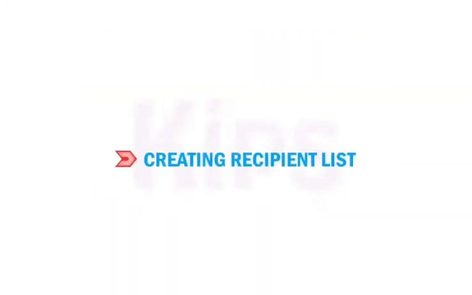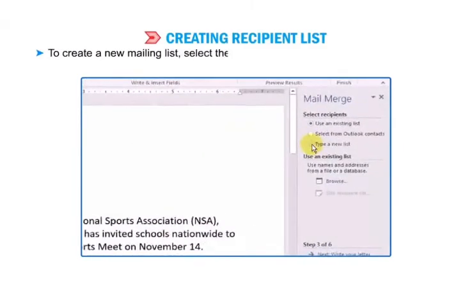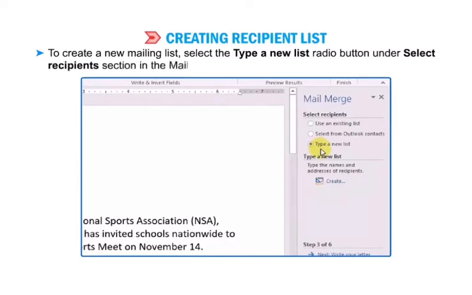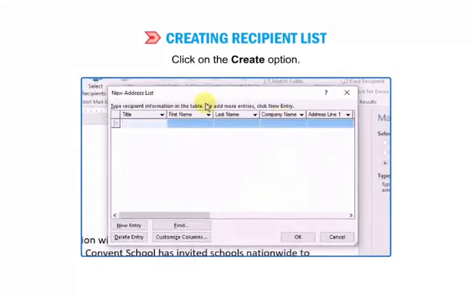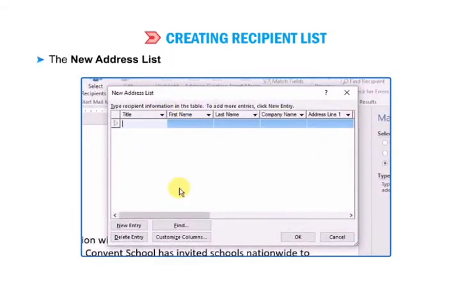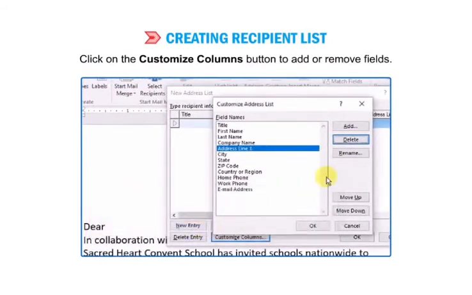Now let me tell you how to create a recipient list. To create a new mailing list, select the Type a New List radio button under the Select Recipients section in the Mail Merge task pane. Click on the Create option. The New Address List dialog box appears on the screen as shown in the figure. Click on the Customize Columns button to add or remove fields.